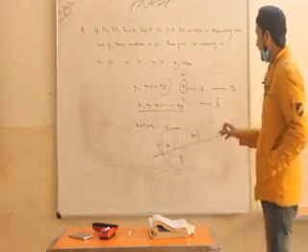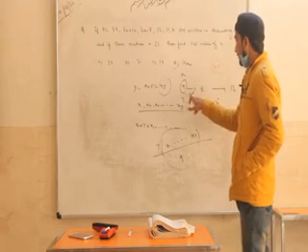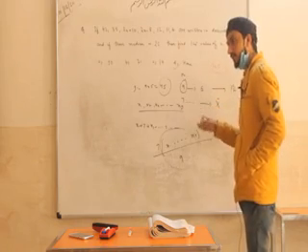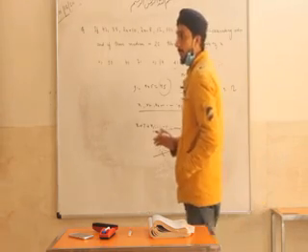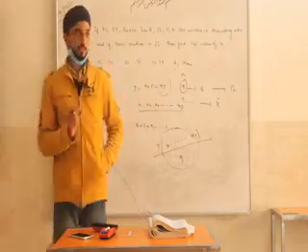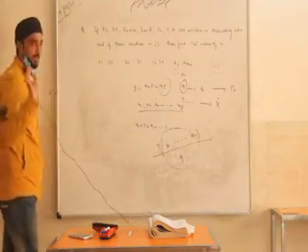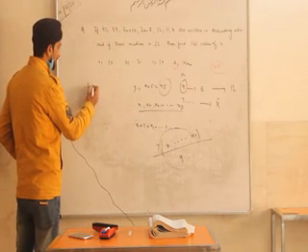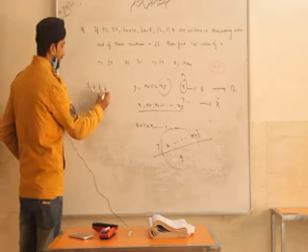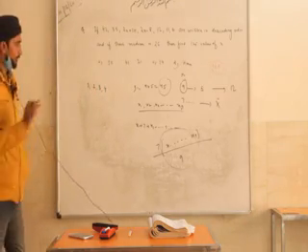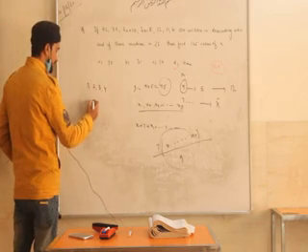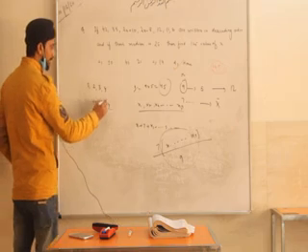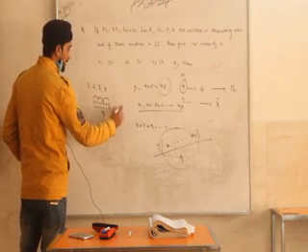So the simple thing is that whatever we add to the observations, we add the same to the mean. We can verify this with an example. Suppose we have the data 1, 2, 3 and 4. These 4 terms we are taking. First you find the mean: 1 plus 2 plus 3 plus 4 by 4. The sum is 10, so it will be 10 by 4.